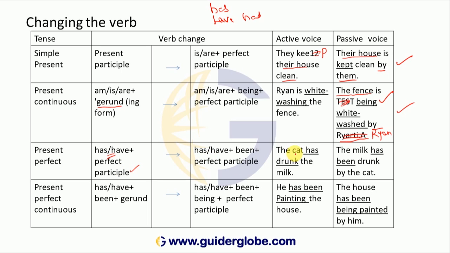The cat has drunk the milk. Has drunk. That is present perfect. Remember, take the object in the front, the milk. By the cat you put. Then after the verb, what you have to do? Drink, drank, drunk. That is the third form, V3, I have put. Whenever perfect or continuous is coming, what you have to do? Here, perfect means you have to put been, has been. Continuous, remember this one, continuous.